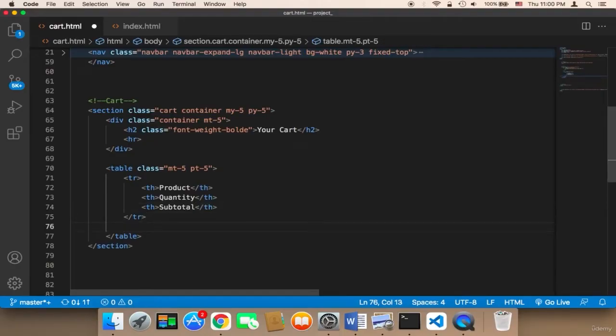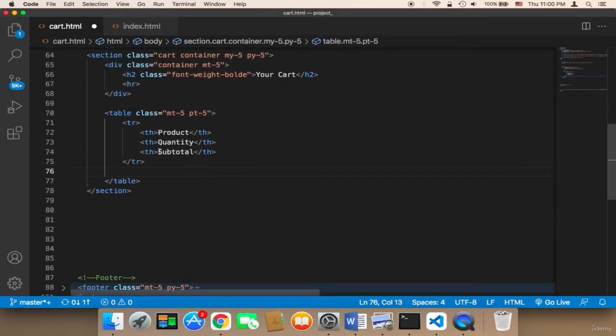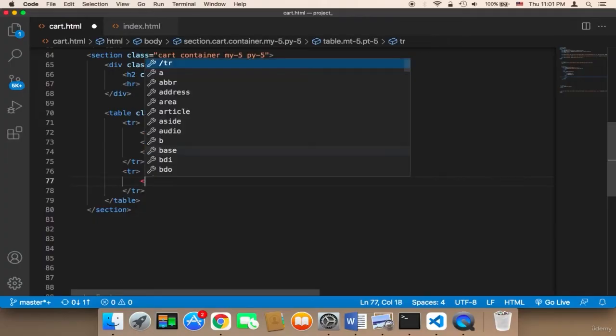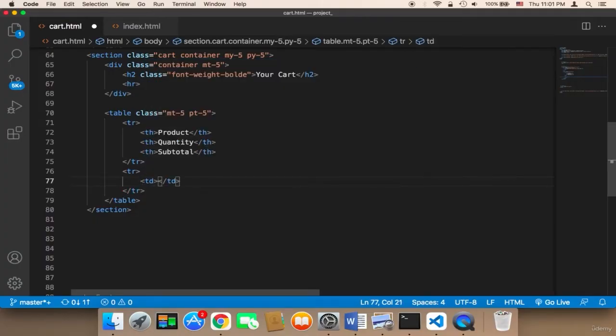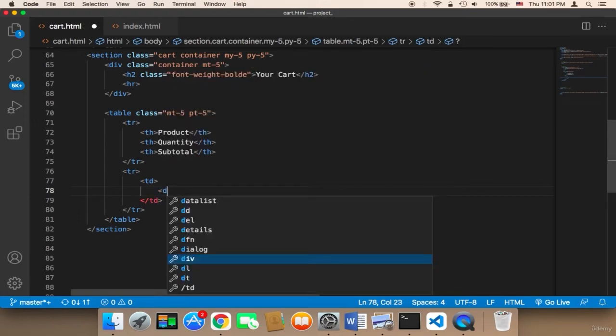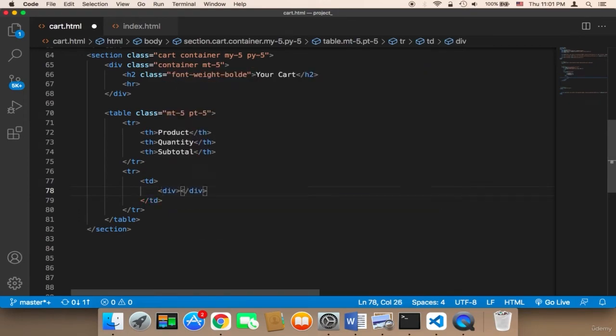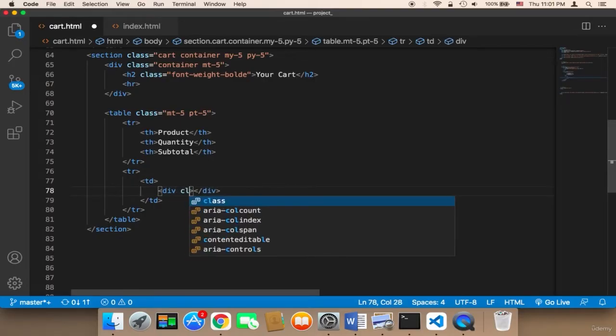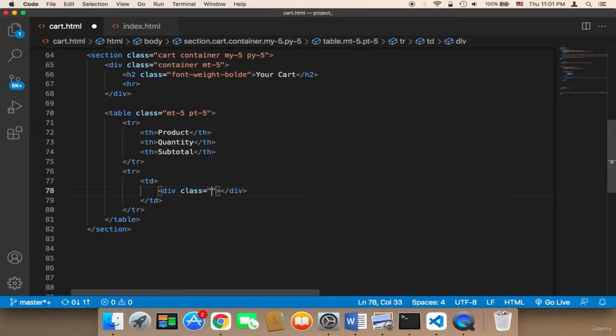So below this head, or below these columns, we need to display the first product. So I'm going to say here tr, and inside that tr now I'm going to display td, and in the first td I'm going to display a div that contains information about the product. So I'm going to give it a class, and then I'm going to say product info,